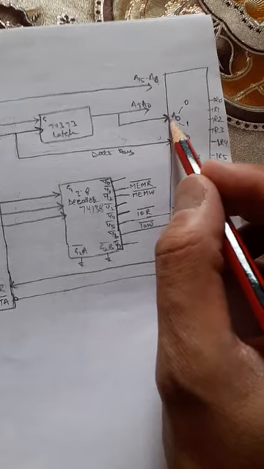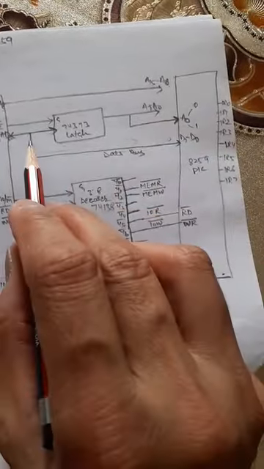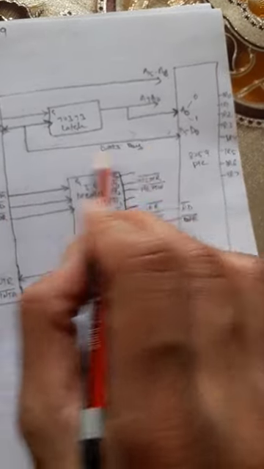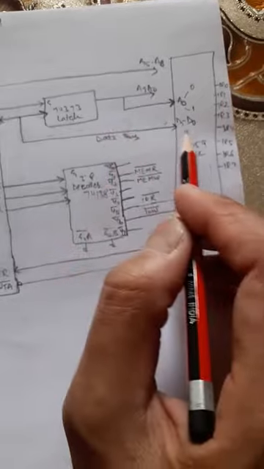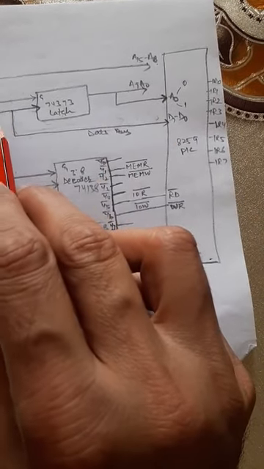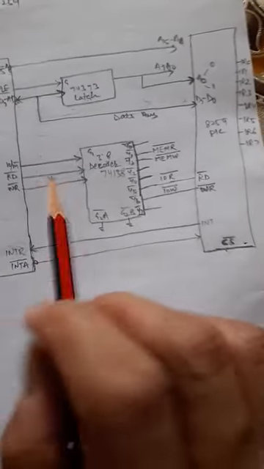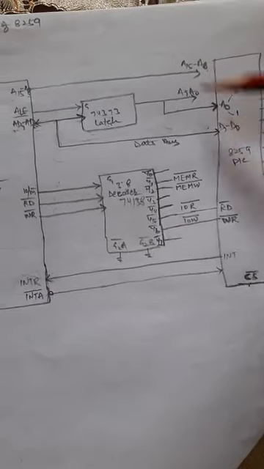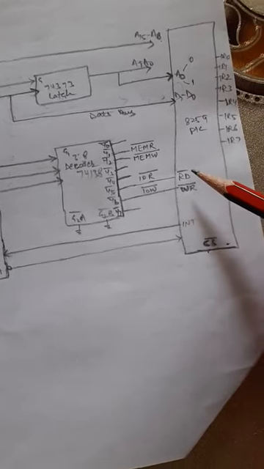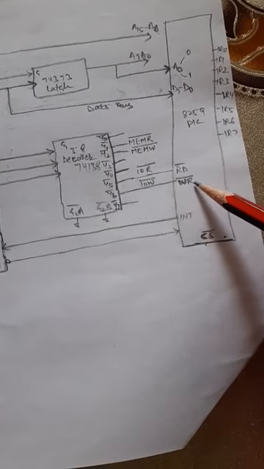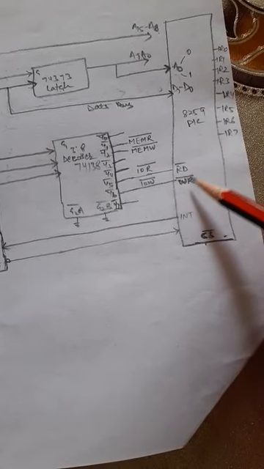Okay, so this is the use of A0. That's why we have connected this A0 to the 8259. And this is the data bus. Through this data bus the MPU will send the commands, and through this data bus the 8259 will send data to the MPU, so it is bidirectional. Okay, now see here. This is the address bus, this is the data bus, and the third bus remaining is the control bus. So this control bus is connected with read bar and write bar, because we have two control signals, read bar and write bar.